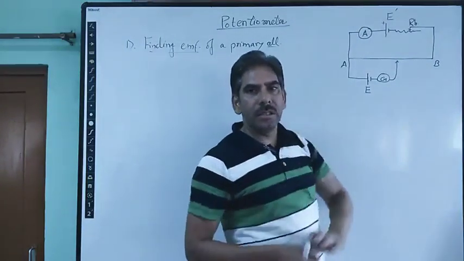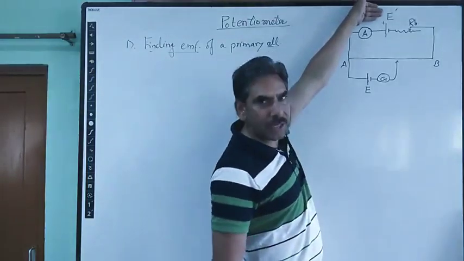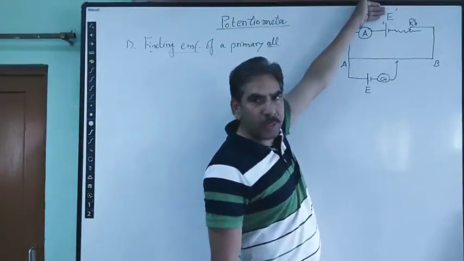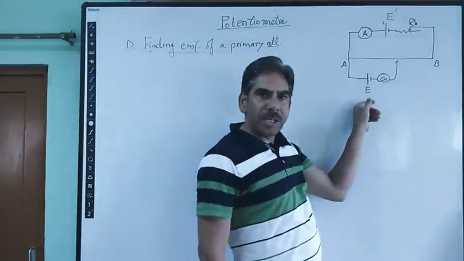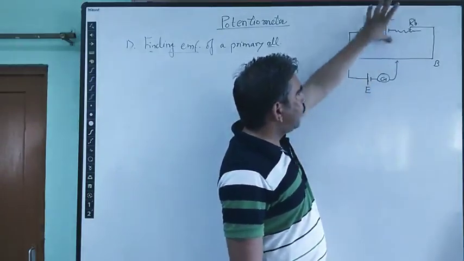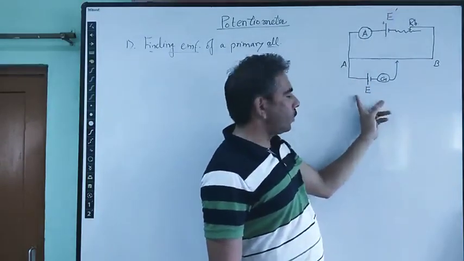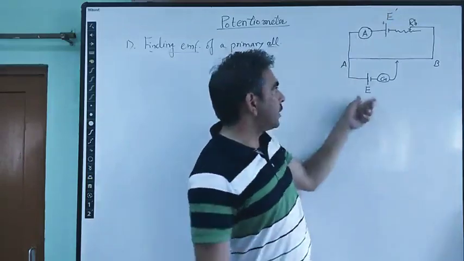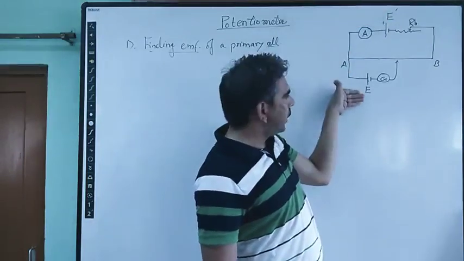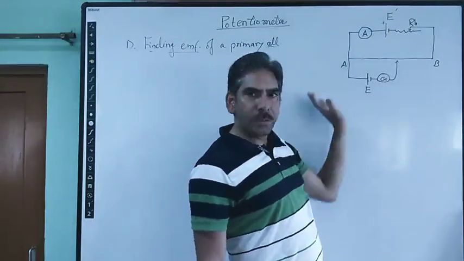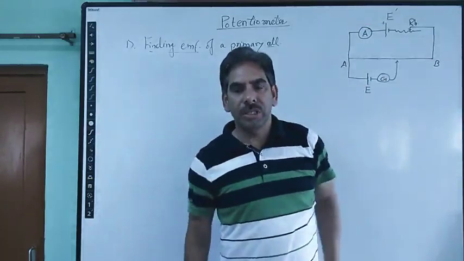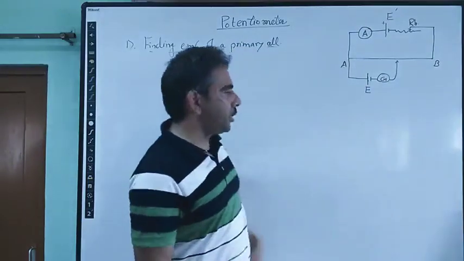So for the correct circuit diagram, the EMF of the auxiliary battery, which sends a constant current through the potentiometer wire, should always be higher than the EMF of this primary cell, because only in that case will the current flow due to the auxiliary battery. Otherwise the current will flow through this primary cell. So this must be high. If it is less than the EMF of the primary cell, then the deflection will be on the other side. If all things are correct, then the deflection at point A and at point B will be in opposite directions, and in that case the circuit is ready to be used.